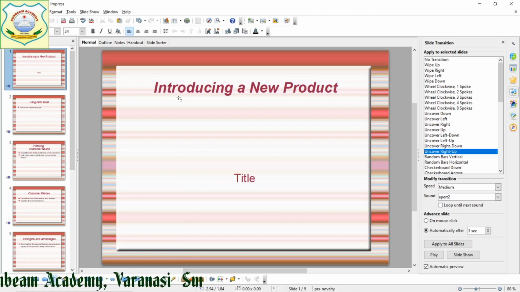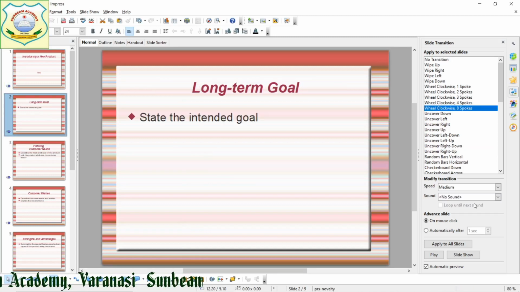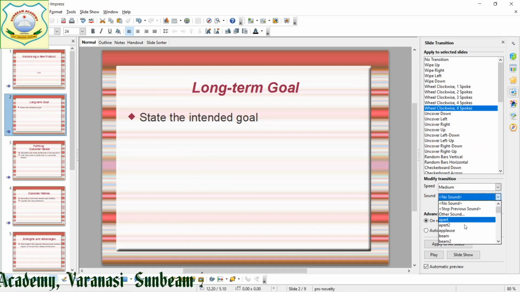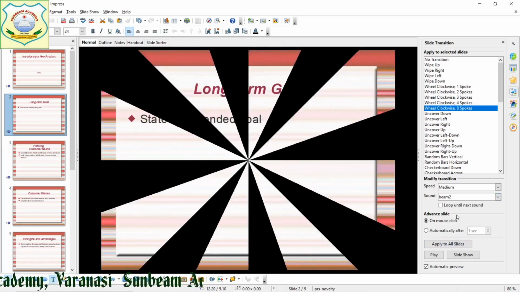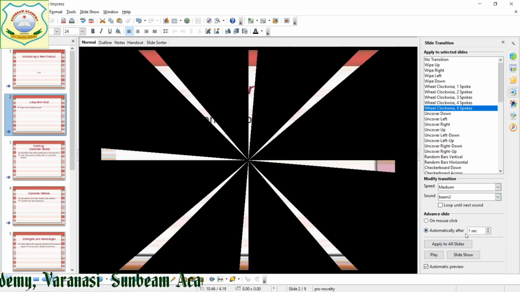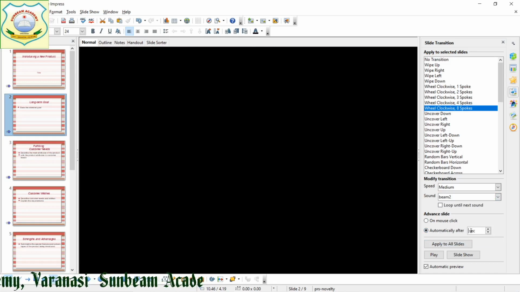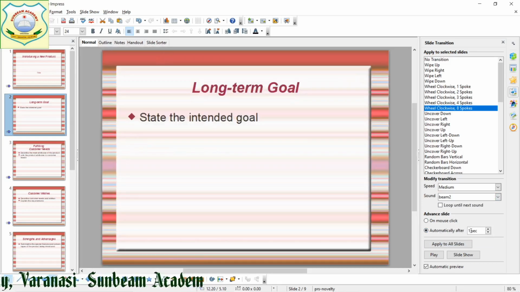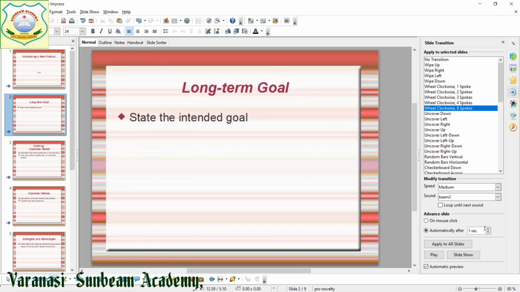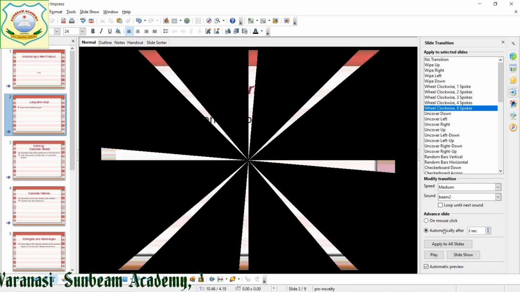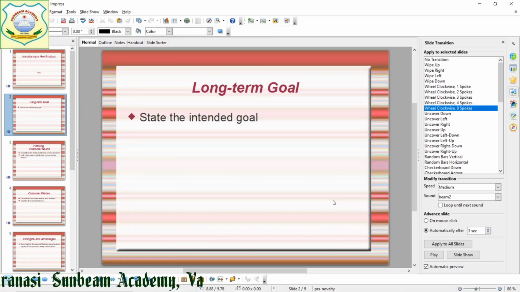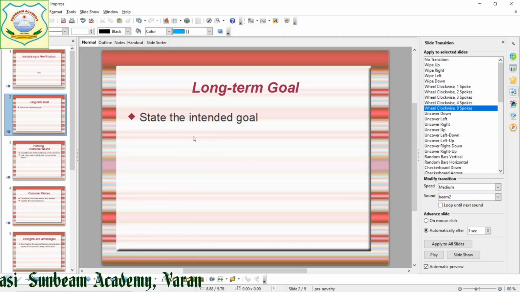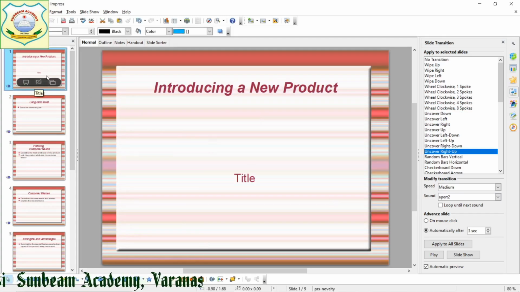Right? So this was for the first. After the second, if you are going to give for the second, I am going to give this sound. Then after 3 seconds, now you can see. I am starting from 1.